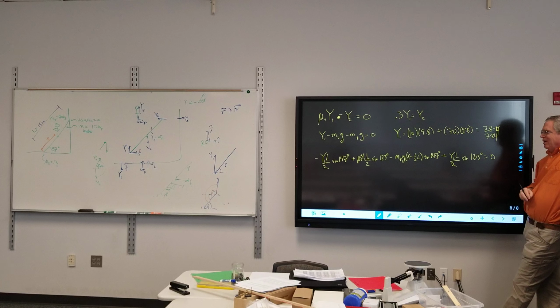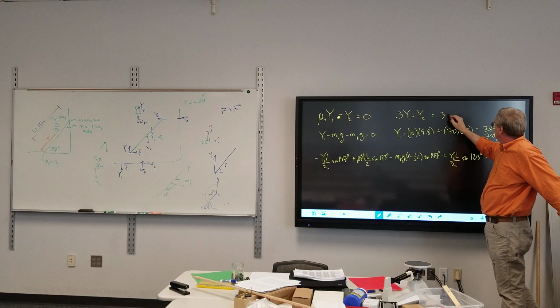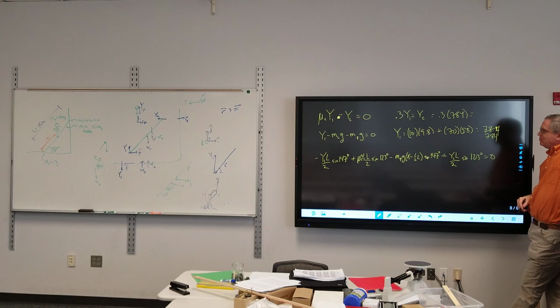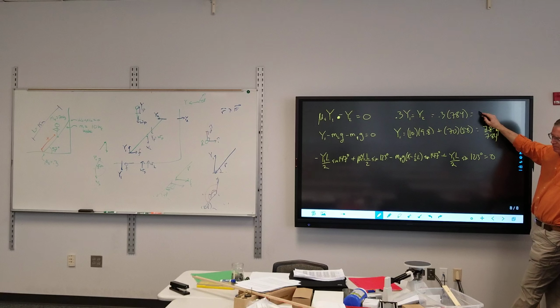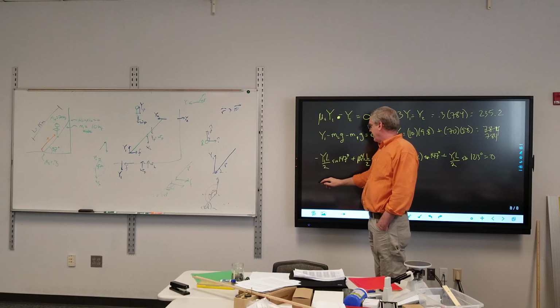What's a decimal point among friends? Right. So now that I know what Y1 is, I can plug into here to figure out Y2. So this is going to be 0.3 times 784, which is 235.2. So I know what Y1 and Y2 are now. I know what the friction is now. All I'm missing is X. So let's plug and chug down here. So I have negative